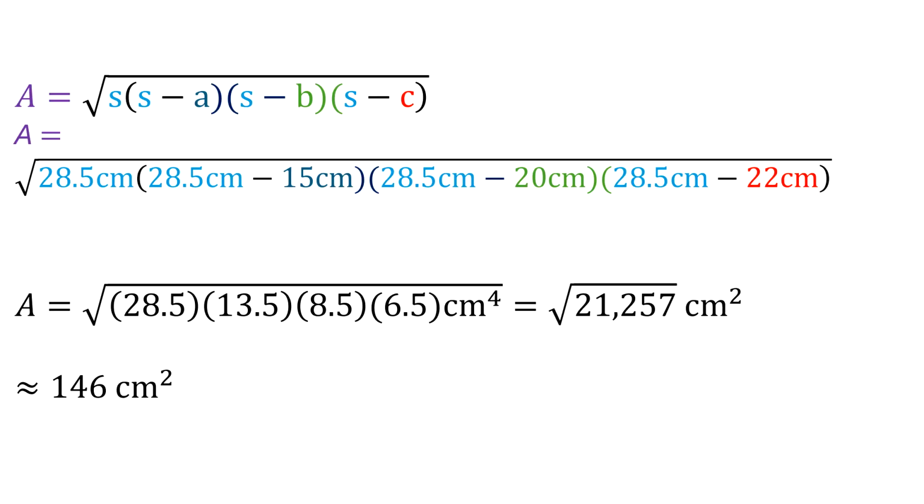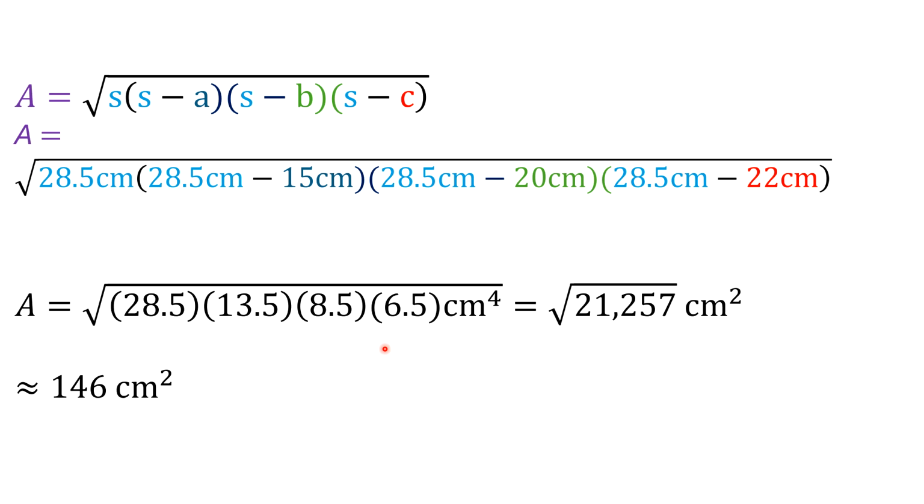So now I'm going to take the area and, yeah, I think I did put them out of order, but that's okay. So it's 28.5 centimeters times 28.5 minus 15 centimeters times 28.5 minus 20 centimeters times 28.5 minus 22 centimeters, which is 28.5 times 13.5 times